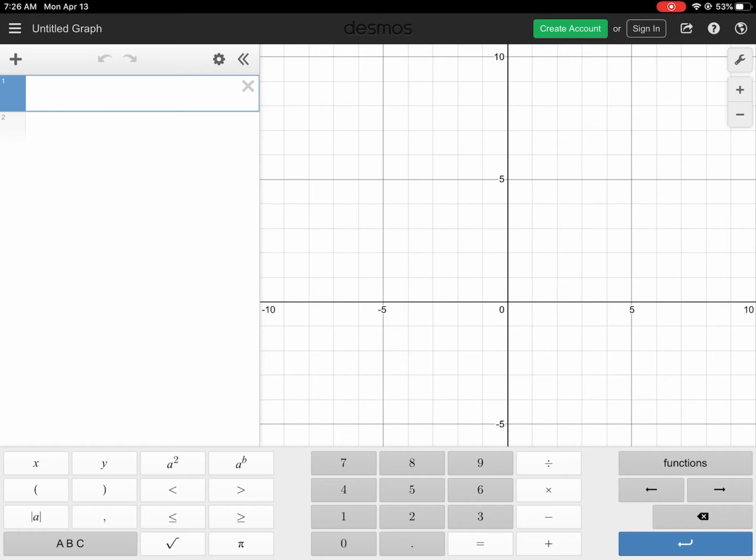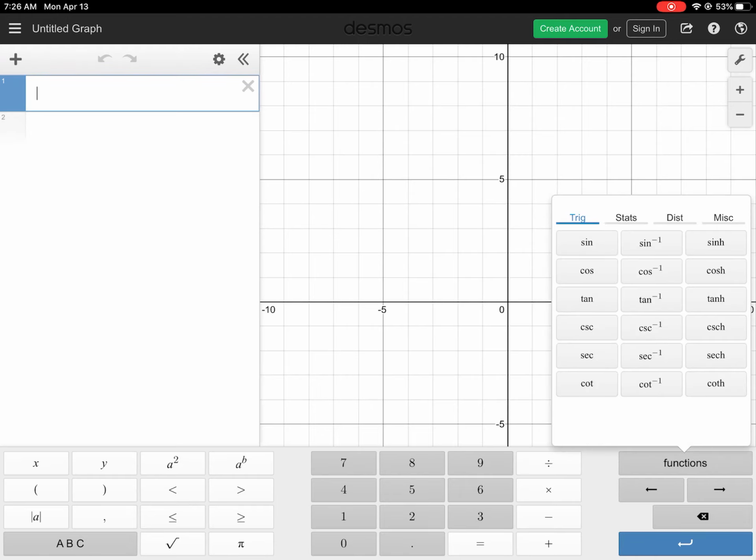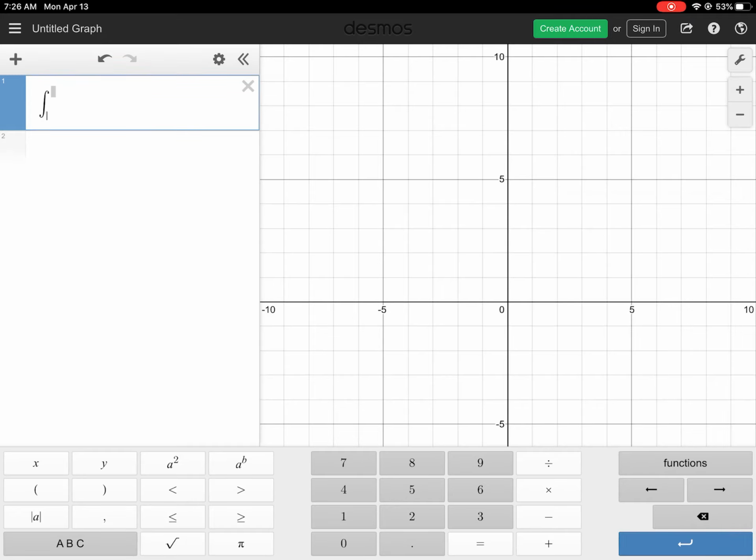So if you're using Desmos, it's very, very nice to actually use, especially on a big screen like this. If you hit the function button over here on the right-hand side, and then you tap miscellaneous, that bottom left corner, you can see the integral symbol, the antiderivative. So you need your limits of integration. In this case, we have 3